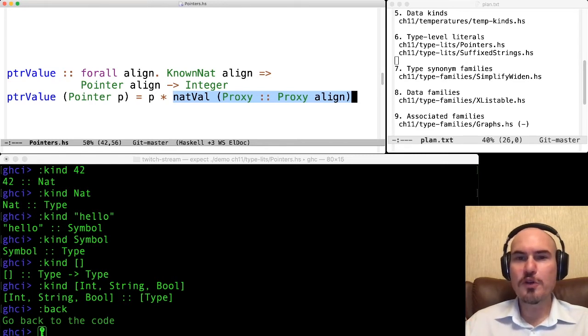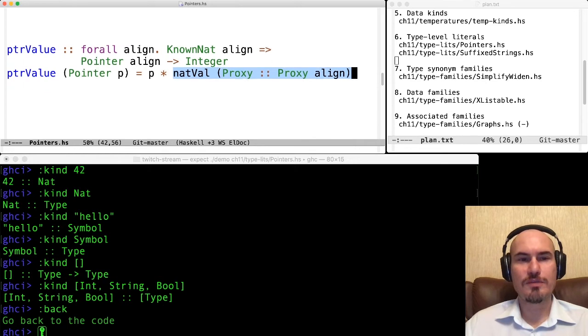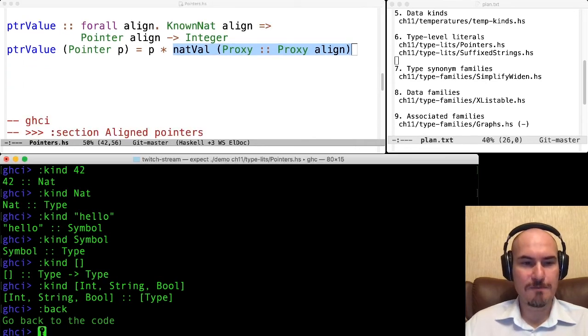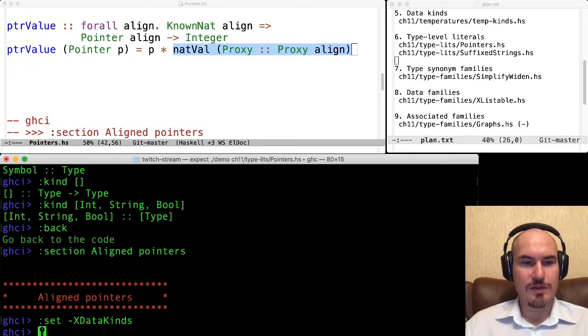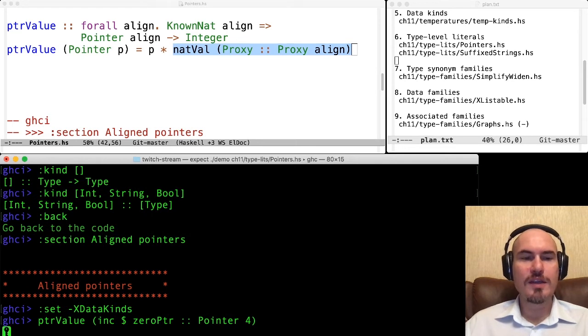So we refer to this type, and then in the implementation for this particular alignment, we'll get this value, then we'll multiply it by p, and then we'll get the actual value. Let's look at examples. What's the pointer value for incremented 0 pointer, which was aligned by 4?